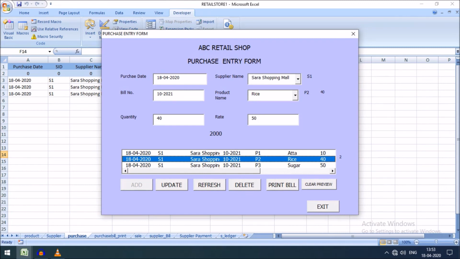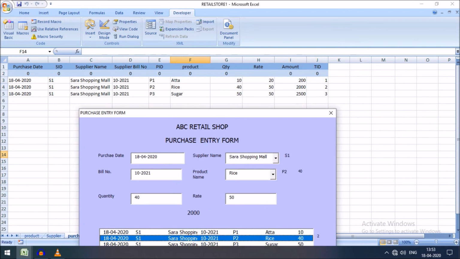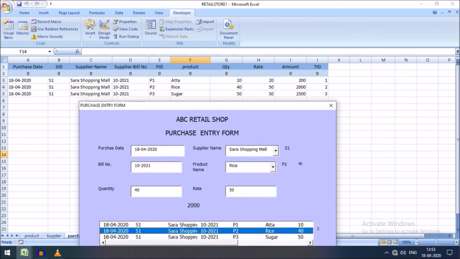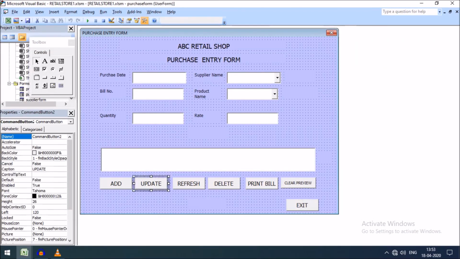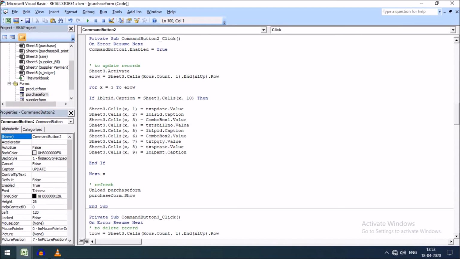If this transaction ID matches with the 10th column, that is J column, you can see here in the back end of the form, that TID in the J column, then it will go for updation or deletion whenever it will be required. Here I am doing it with update. So first see this.